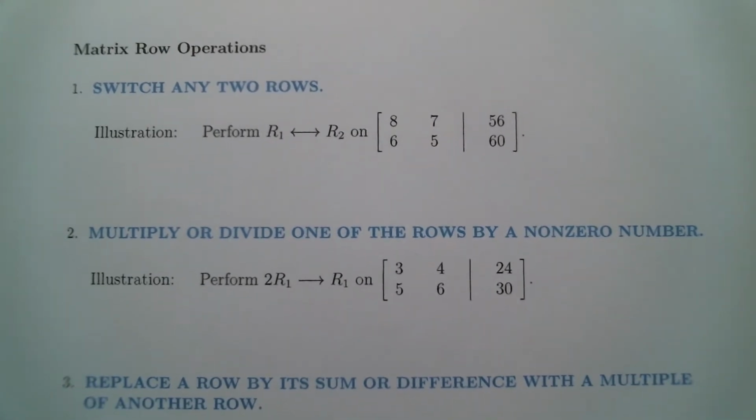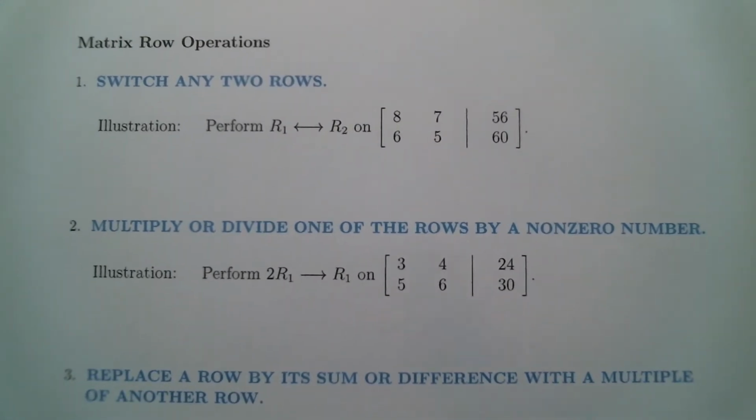Again, I cannot emphasize enough, these are the only 3 things allowed, okay? Don't make up your own row operations. All right, so here we go. First thing you're allowed to do, switch any 2 rows, okay? So that's easy enough. Switch any 2 rows. All right, so as an illustration,